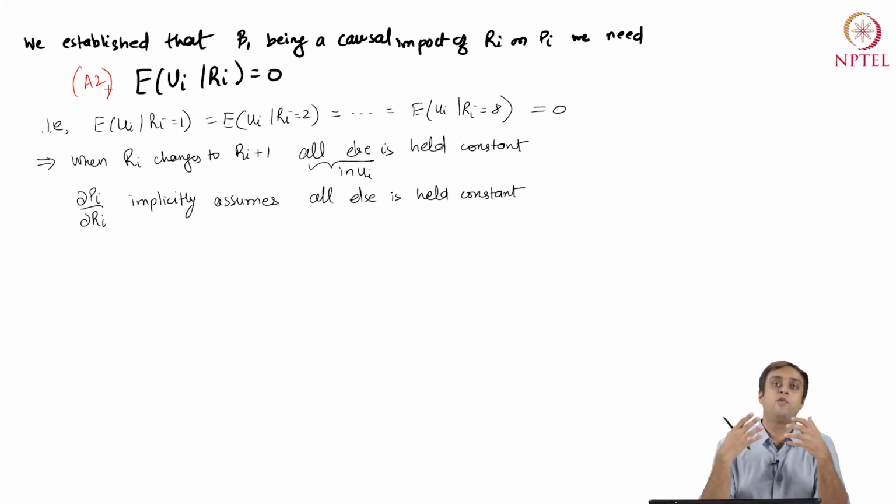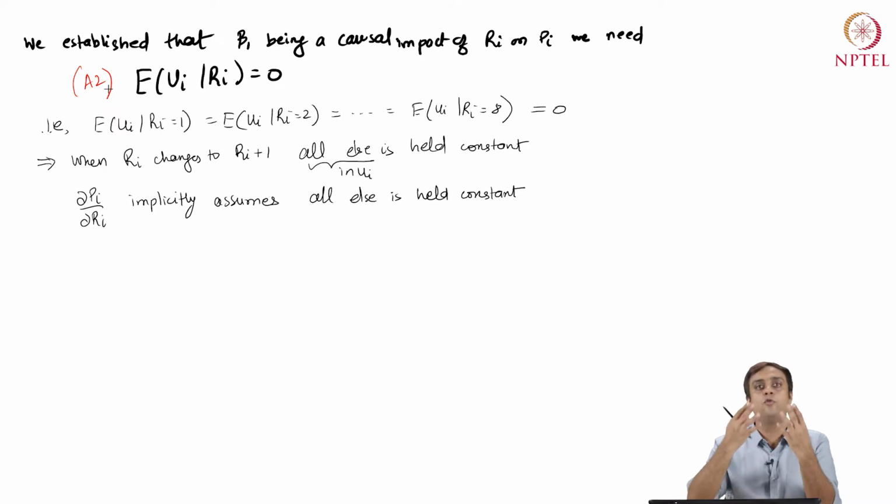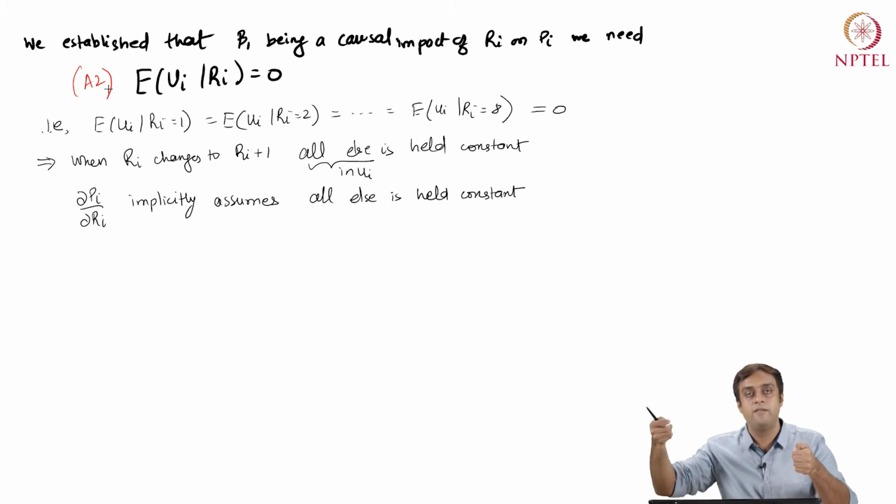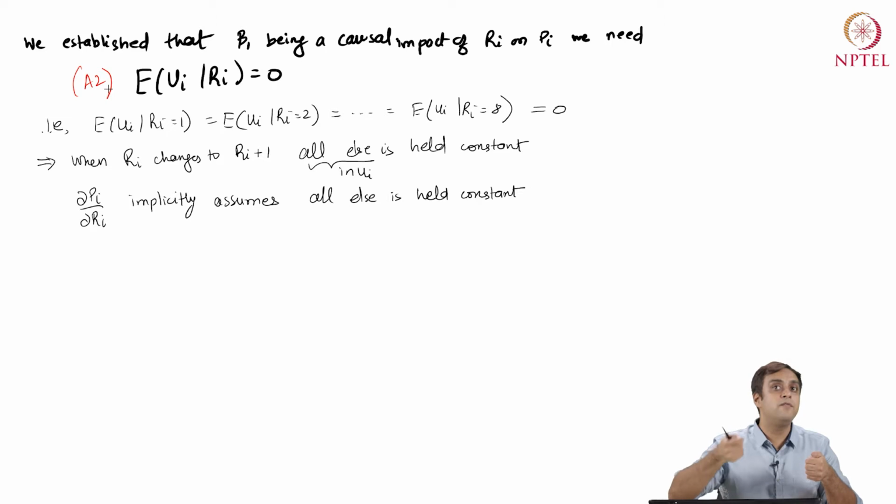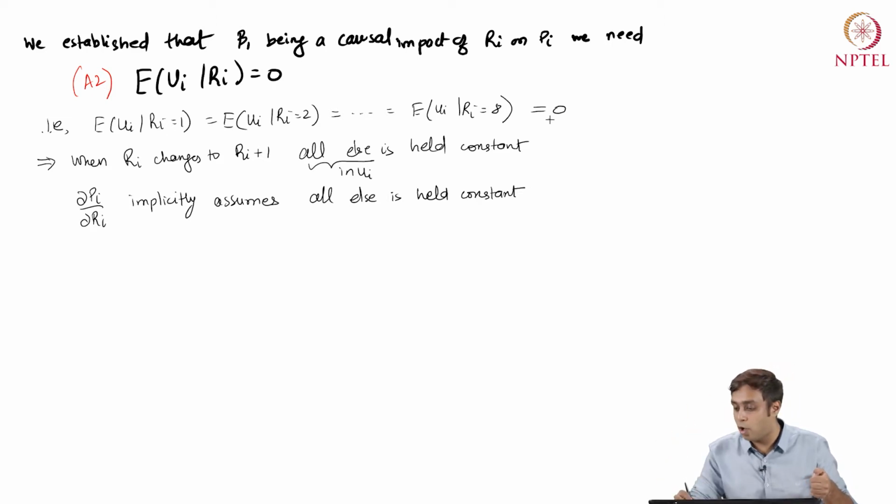This means that whatever the value of Ri, be it Ri equals 1, that is a 1 room home, a 2 rooms home, a 3 rooms home, 4 rooms, and so on and so forth, the expectation of Ui will remain exactly the same if I were to change the level of Ri, right? And in fact, the expectation of Ui will not only remain constant, but it will also be equal to 0. That is the scope of assumption 2.